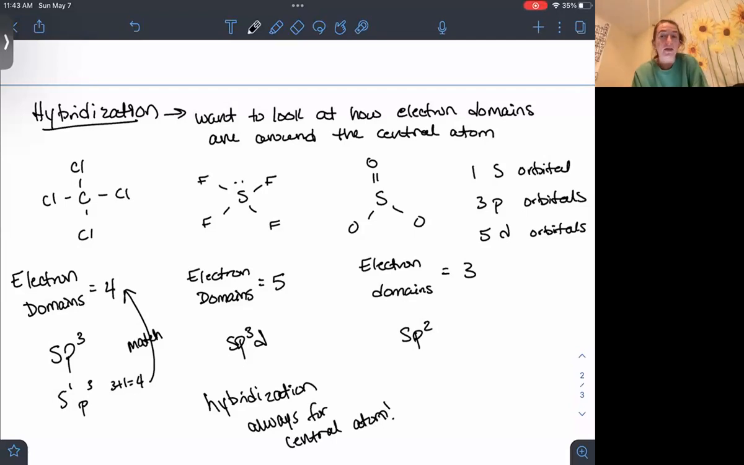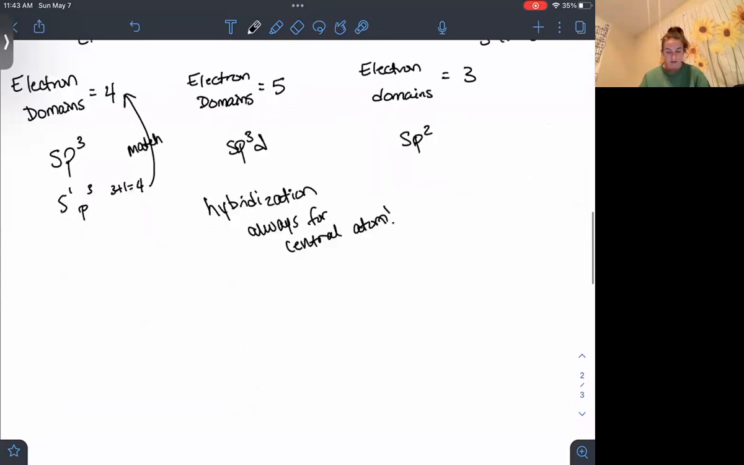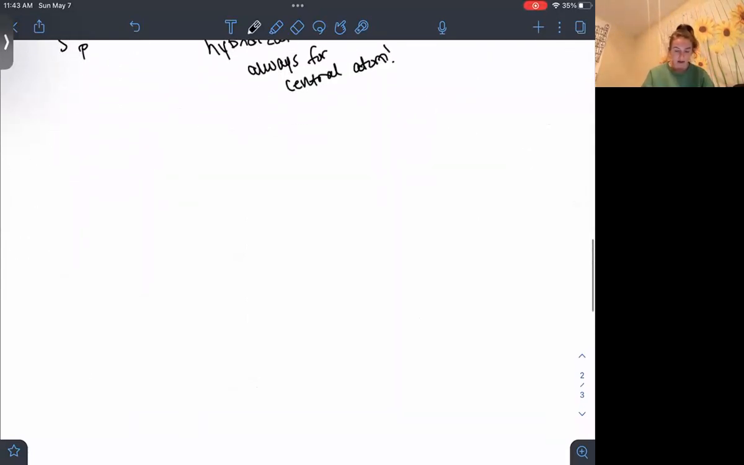So we can talk about the f orbital, but we won't talk about it for hybridization. The F just comes into play for the electron configuration. So, the electron configuration